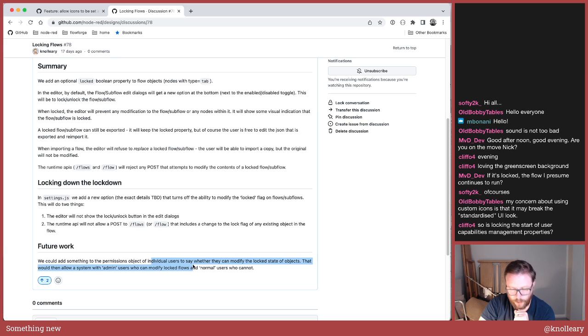That's kind of where you start getting, I think, the question you're asking, Cliffo, is there you can then start having a Node-RED environment where some users have more editing ability than others, which is something it's a question that's been asked from time to time repeatedly for a long time. And the answer has always been our permissions model doesn't get that fine-grained, but this is kind of,